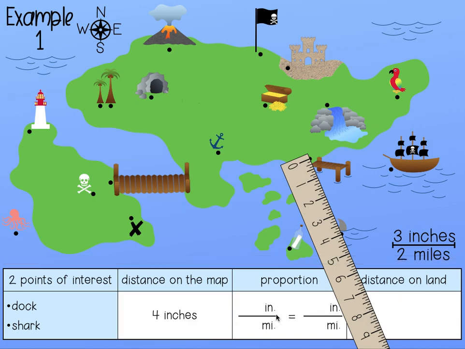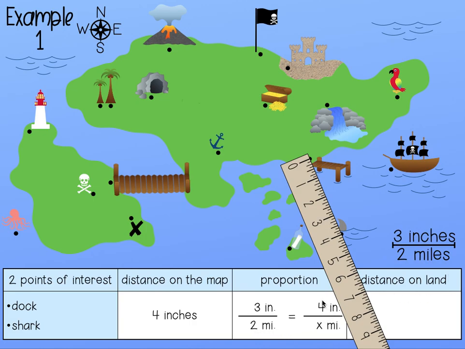All right, so let's write our proportion. Right here, this tells us that 3 inches on the map is 2 miles on land. So we're just going to plug in those numbers here to the proportion. 3 inches on the map is 2 miles on land. Then when we measure the distance between these 2 points, it is 4 inches. But we don't yet know how far that is on land, so we're just going to use X